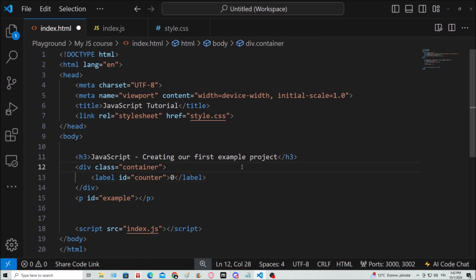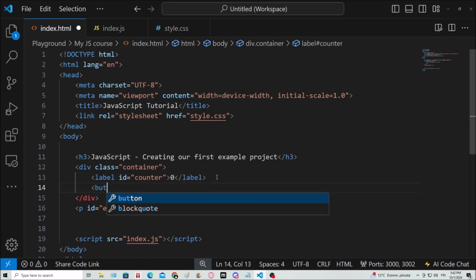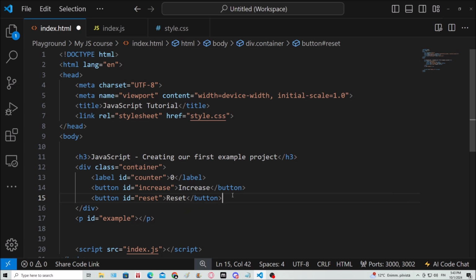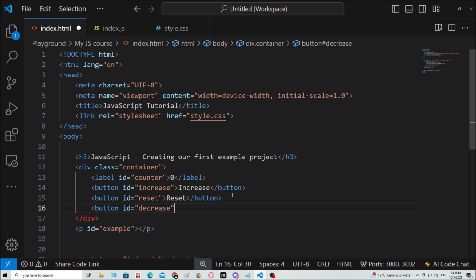Okay, and then I'm gonna need some buttons. So button ID increase, there we go. Then button reset, button ID decrease,